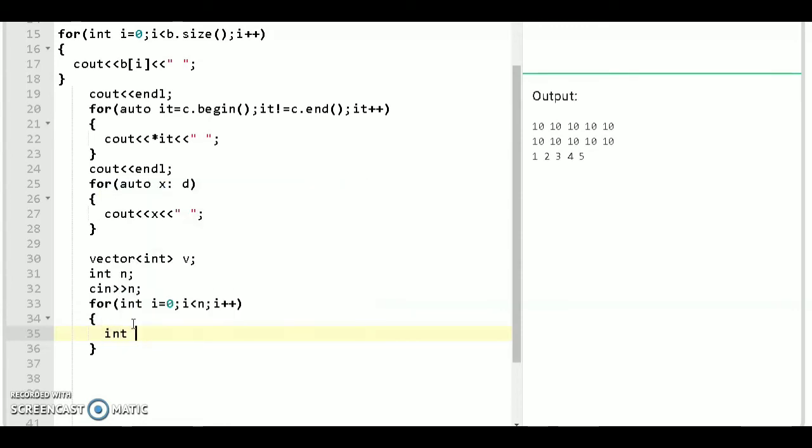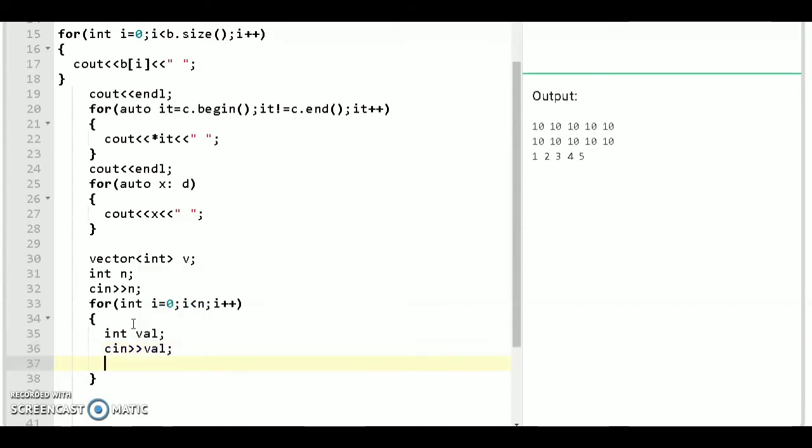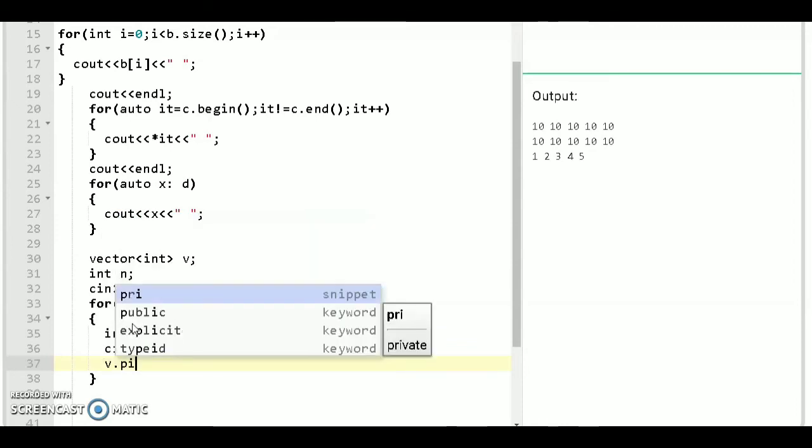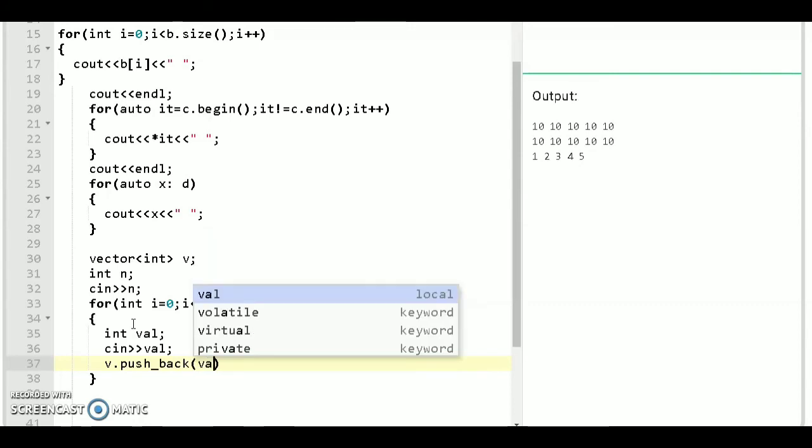So int value, take the input of this value, and by the push_back function you can insert the value in the vector. So v dot push_back this value.